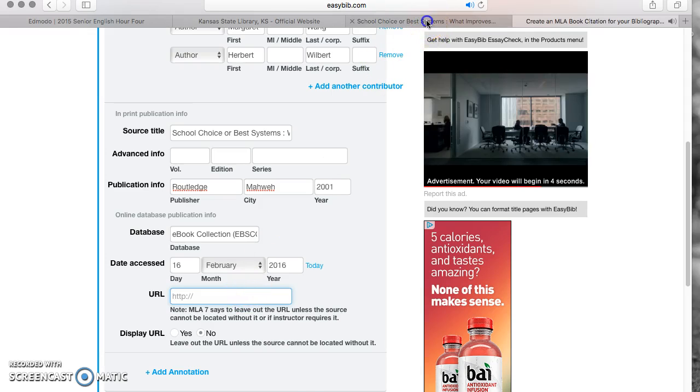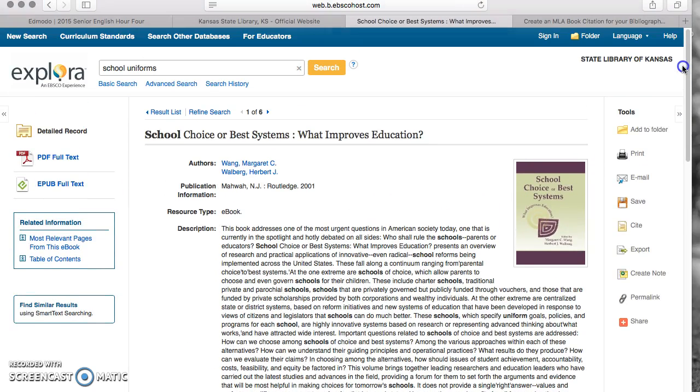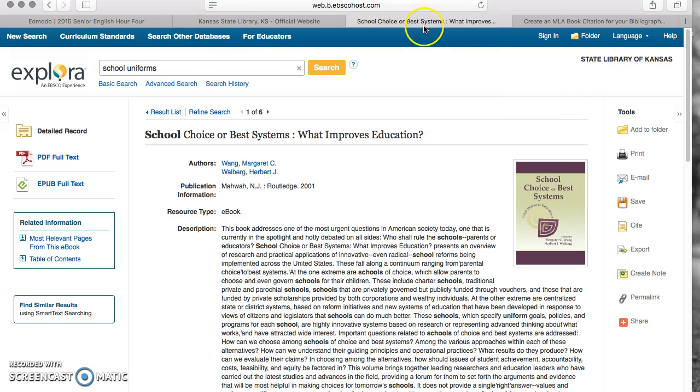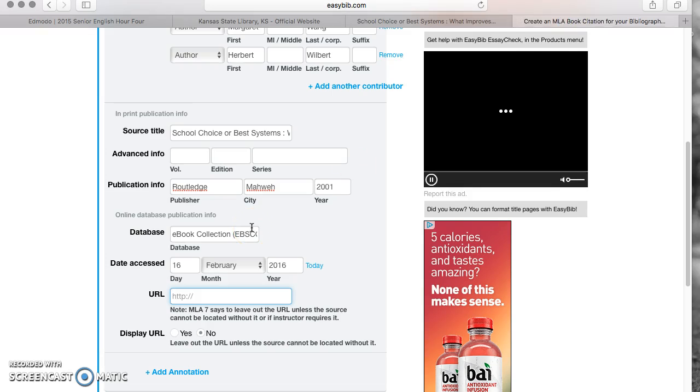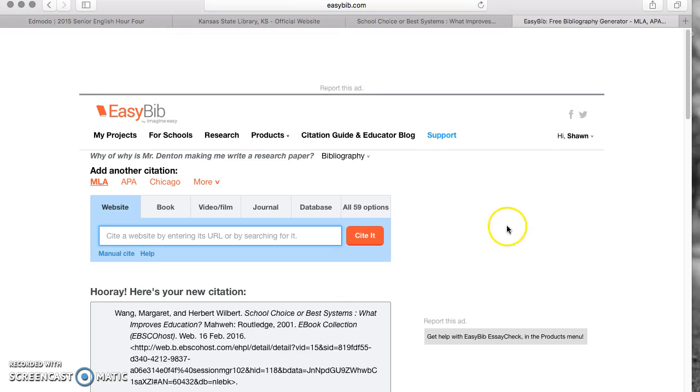URL. In this particular situation, remember again, as I reminded you guys earlier, add all your information to your folder. You need to sign in first, but add it so that way you can go back to this, because this URL may or may not work, but we'll copy it just to be safe. So copy it, paste it. Hit yes, you want to have it displayed for now. And once you do that, hit create citation,